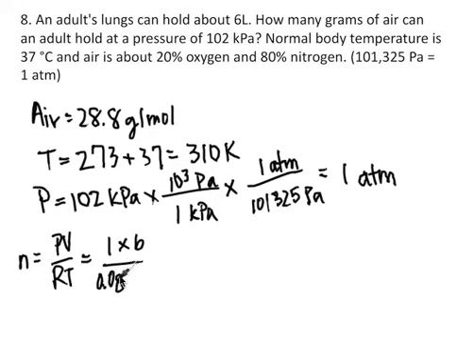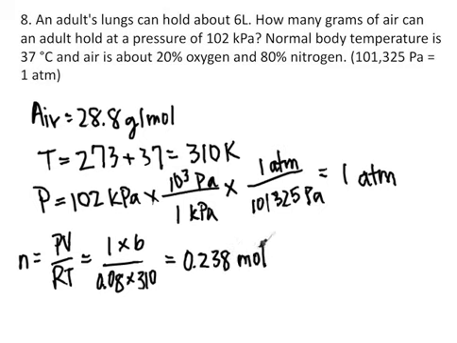The gas constant has the units of liters times atmospheres over moles times Kelvin, right? And then multiply by 310 kelvins. Okay, so this equals about 0.238 moles